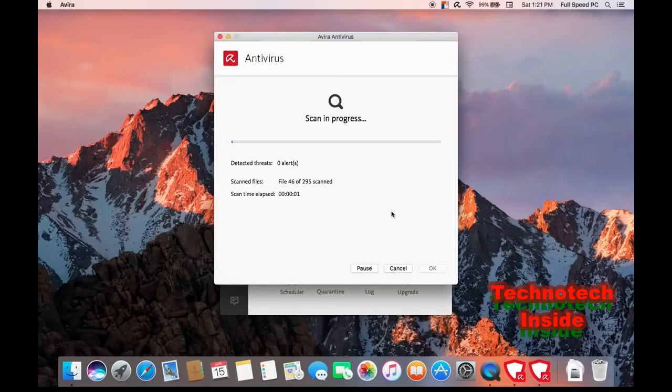So if you're using, for example, Avast or AVG or Sophos or even a different antivirus program, the layout is going to be different, obviously. But all antivirus programs have an update option. So you need to do that first, and then all antivirus programs have a full system scan option as well. You'll want to do that second. Once the scan has fully completed, it will list any results, if any are found, and then it will give you an option to remove or quarantine them. You'll just want to make sure that you remove and quarantine all the results that are found, if any are